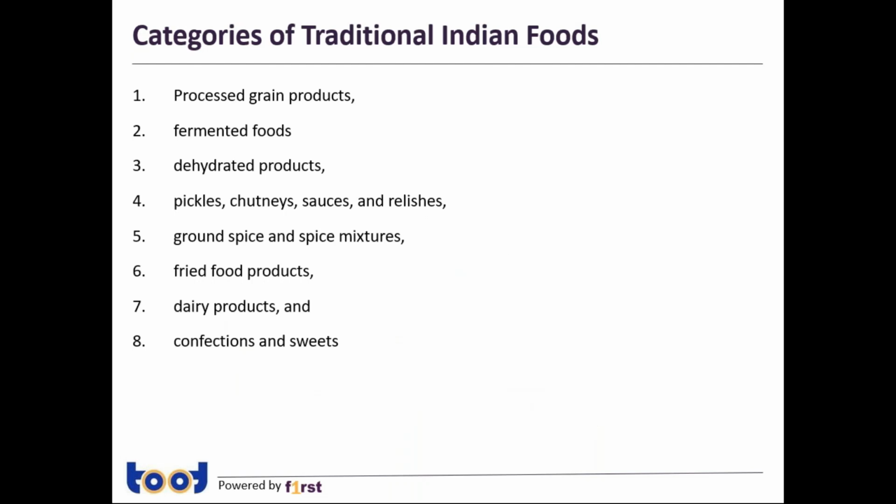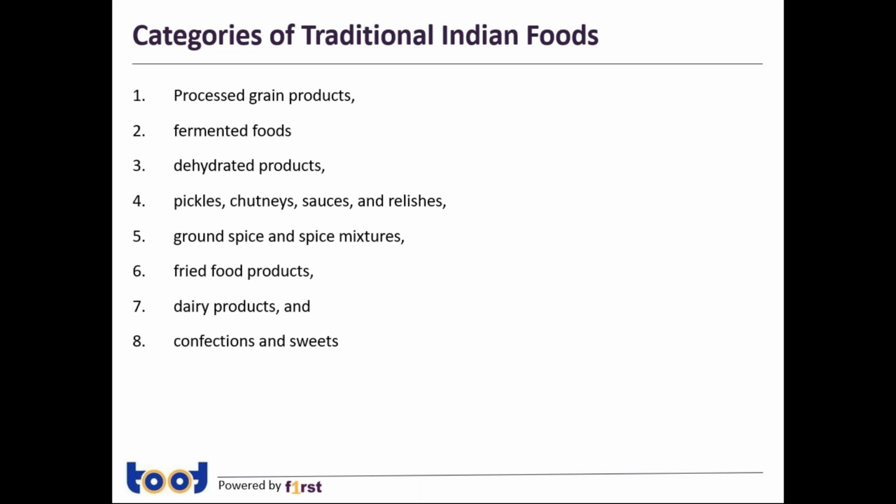What are the different categories of traditional Indian foods? So Indian traditional foods are classified into 8 different types based on the type of preparation and the matrices that has been used: processed grain products, fermented food products, dehydrated products, pickles, chutneys, sauces, spice mixtures, fried food products, dairy products, confections, and sweets. These are the different types of food products that, based on the preparation style and the matrices, it has